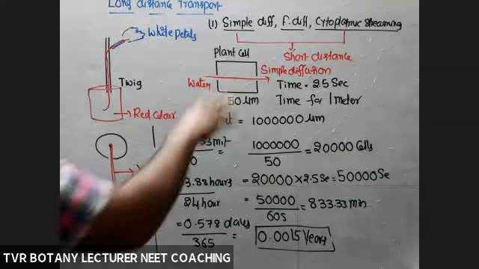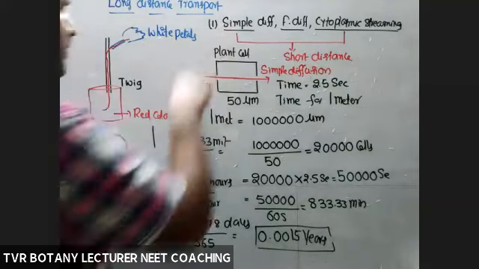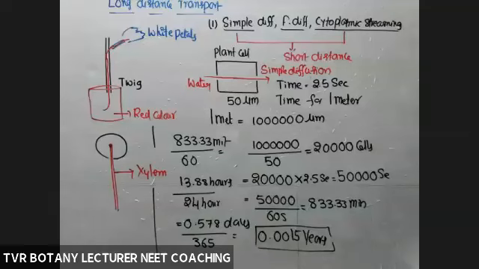So according to this calculation, simple diffusion is insufficient to transport water up to a plant whose height is 100 meters or 200 meters. It may take a lot of time. By the time water reaches the tip of the plant where more water is required, definitely that plant will die. So here, simple diffusion is able to transport water up to short distances only. Facilitated diffusion also works up to a certain extent.